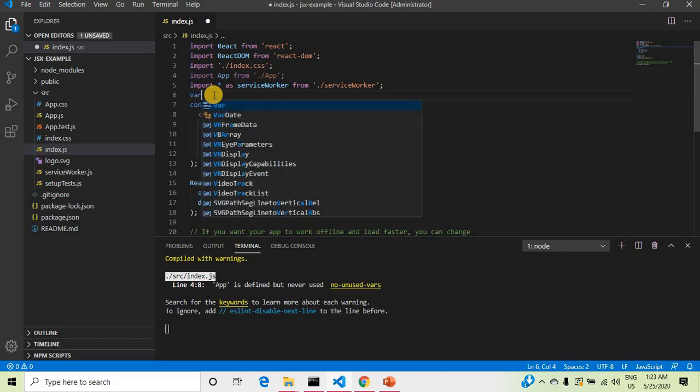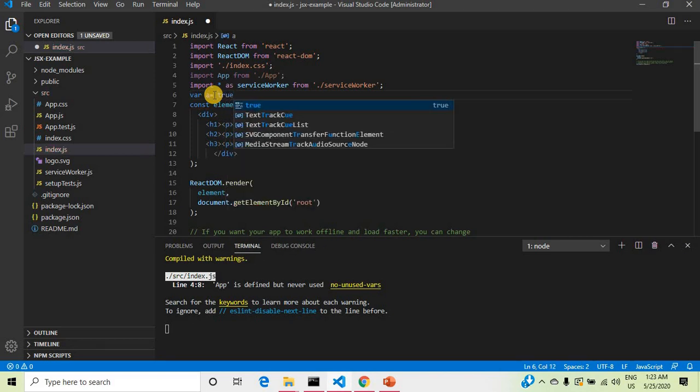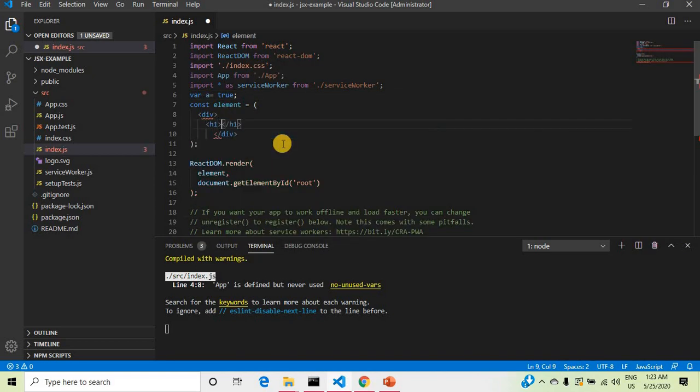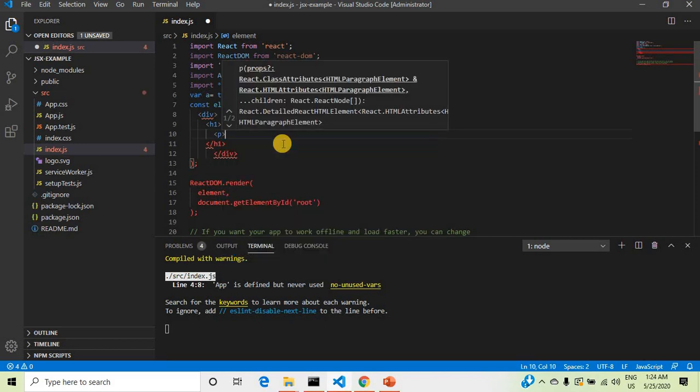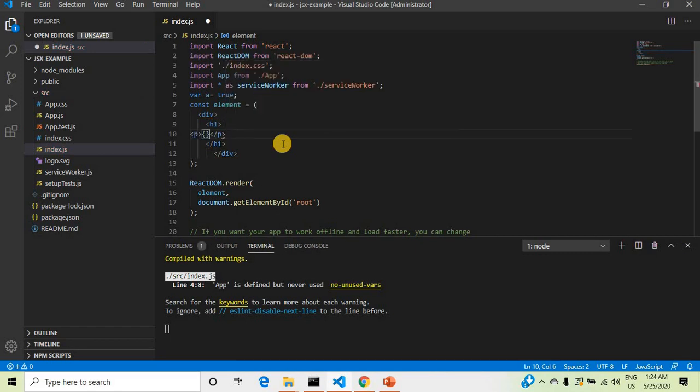Now we can see how you can define a conditional expression. Define a equal to true. I am using the conditional operator. If a triple equal to true, then it will print hello.